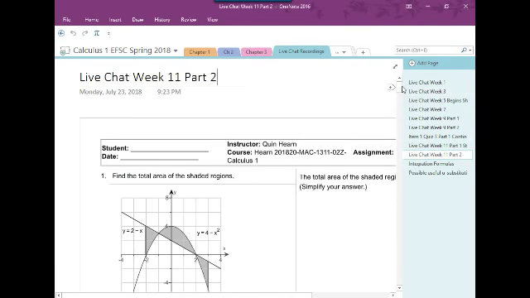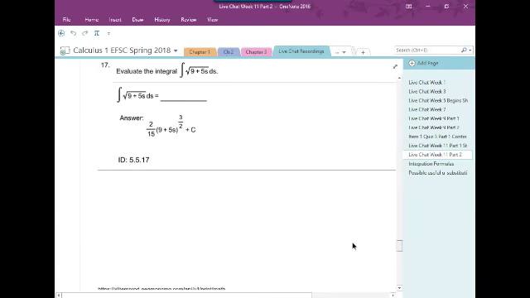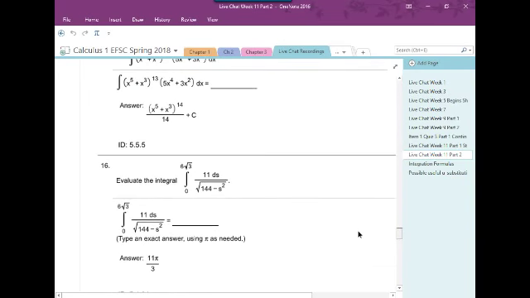On part 2, number 16, this one matches one of our integration formulas, but it might not be immediately obvious to you that it does. I wanted to point out that if you tried to do a u-substitution for evaluating this integral, you would have a problem. So if you tried letting u be the quantity under the radical,